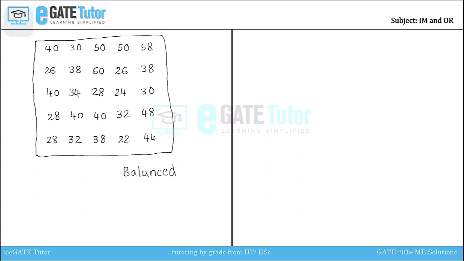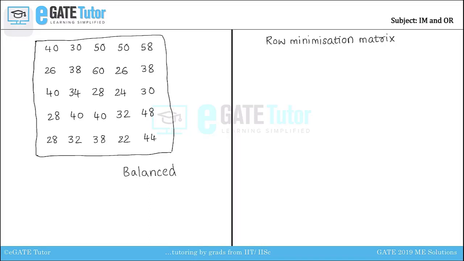Once we have confirmed that the given assignment problem is balanced, the next step in the procedure is to calculate the row minimization matrix. To calculate it, in each row we have to identify the minimum element, and subtract that minimum entry from all the elements of that particular corresponding row.